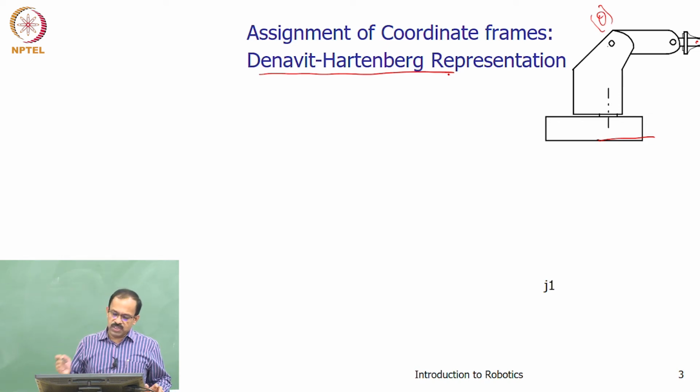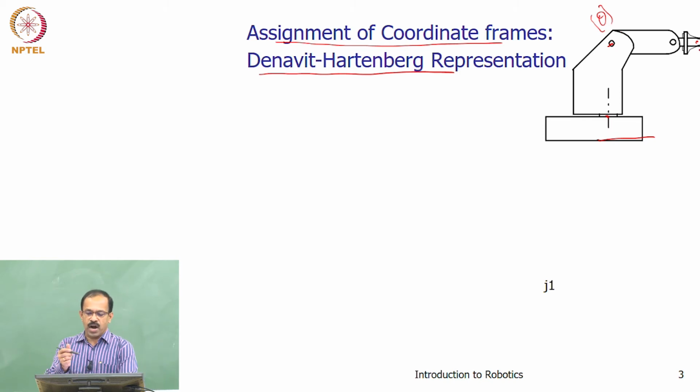The first step is to assign a coordinate frame for all the joints, because we know that when this joint is moving, all of this gets affected. When this joint is moving, all of this gets affected, and with respect to the base, the position changes whenever there is a change in any one of these variables. So, to take care of all the joint variables, we assign a coordinate frame at every joint. Finally, we find a relationship between this coordinate frame and this coordinate frame using coordinate transformation matrices.